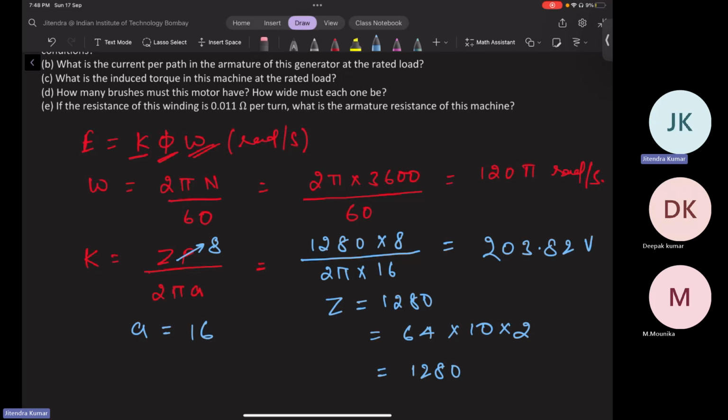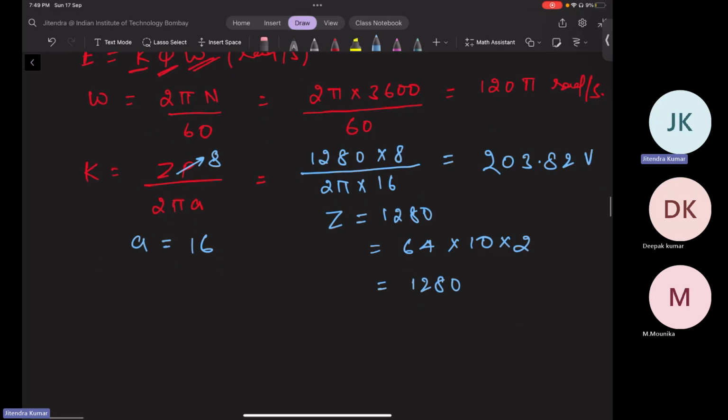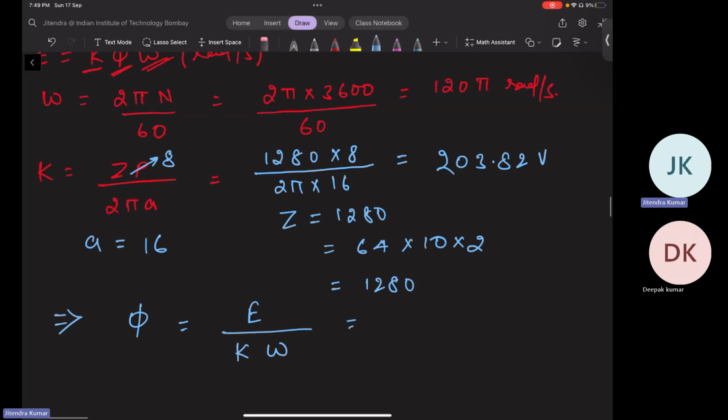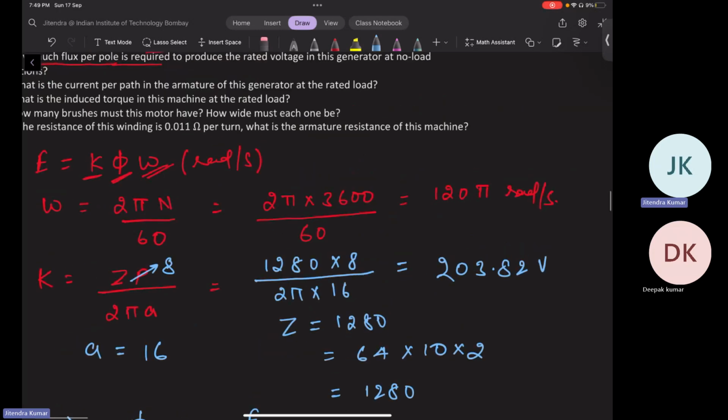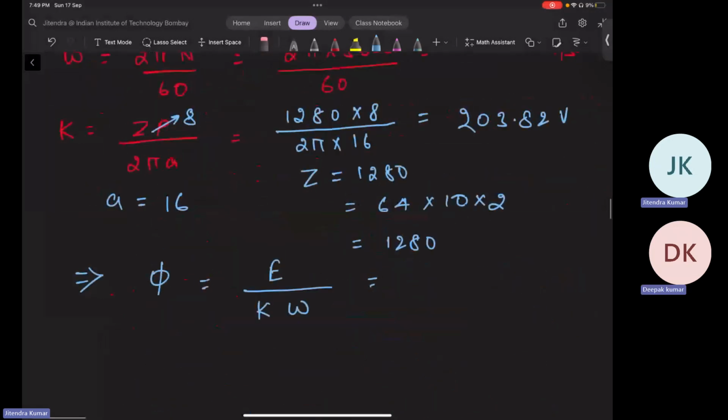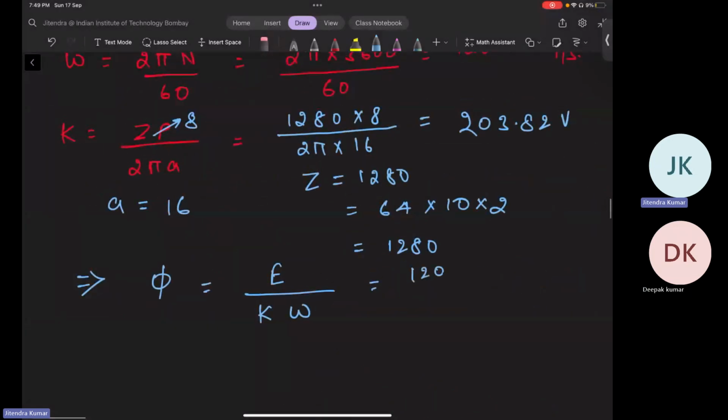So we computed K. Now the next part is flux. Flux is nothing but EMF divided by K into omega. So EMF will be equal to terminal voltage at no load, right? So it will be 120 volt divided by K, which is 203.82,